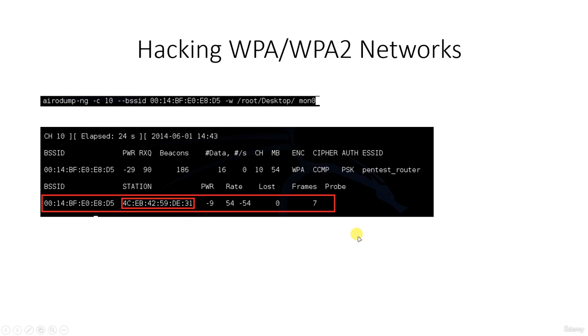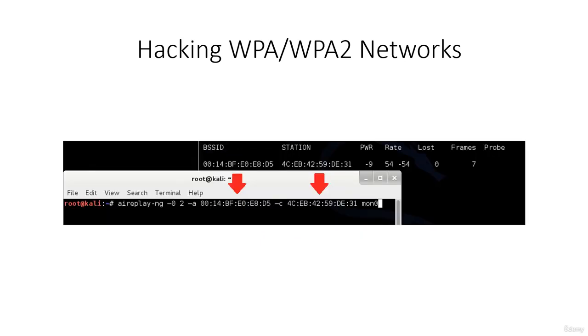Then what you have to do is leave airodump-ng running and open another terminal. So this is the other terminal. As you can see, this is the previous one. It is still running, and we will have to open another terminal